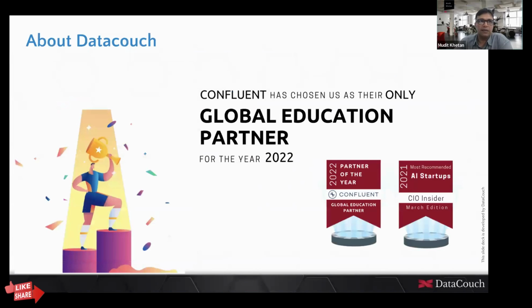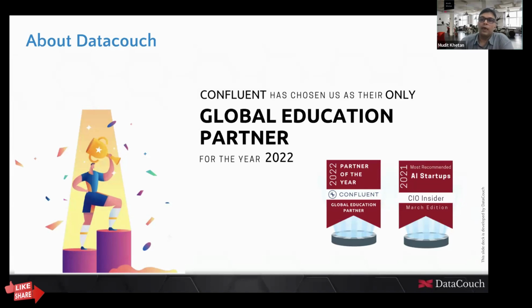Because of the excellent services of our instructors and of the team at DataCouch, Confluent has chosen DataCouch as the only global education partner for the year 2022. That was a very big achievement of DataCouch for the past year. And this year also, we want to achieve this feat a second year in a row. We were also recognized by CIO Insider, a reputed magazine, as one of the most recommended AI startups for the year